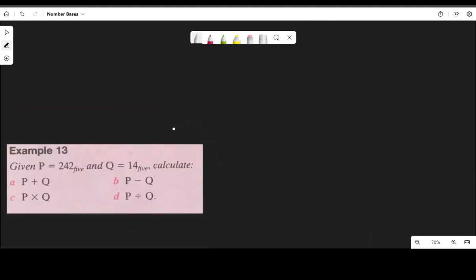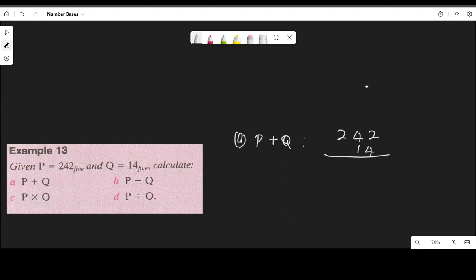It says given that P is 242 in base 5 and Q is 14 in base 5. Calculate P plus Q, P minus Q, P times Q, and P divided by Q. So for the first one, P plus Q, we are going to add 242 in base 5 to 14 in base 5. Now when performing addition or subtraction or any operation at all in a particular base, we must take into account